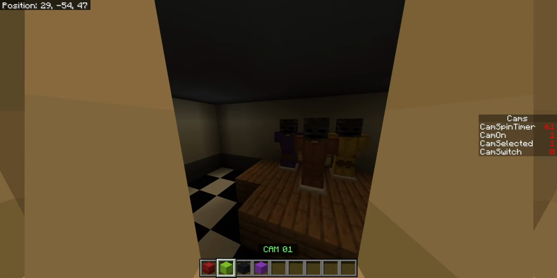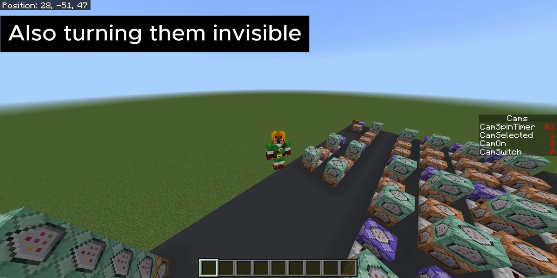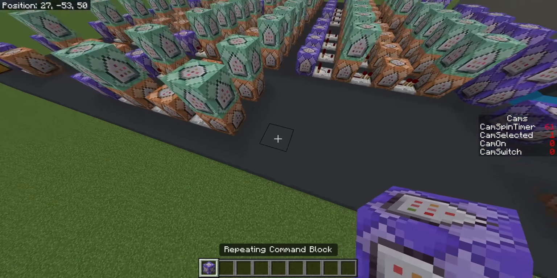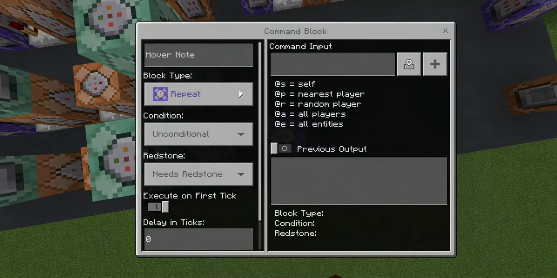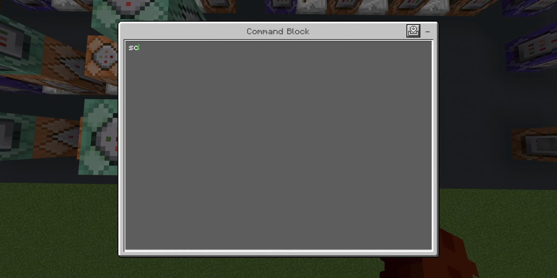Now if we open the cameras, as you can see, all of our cameras are completely done. The only thing we have left to do is make them spin. We're going to start by taking a repeating command block, placing it down, and not setting it to always active yet, but we're going to type inside of it, scoreboard players remove cam